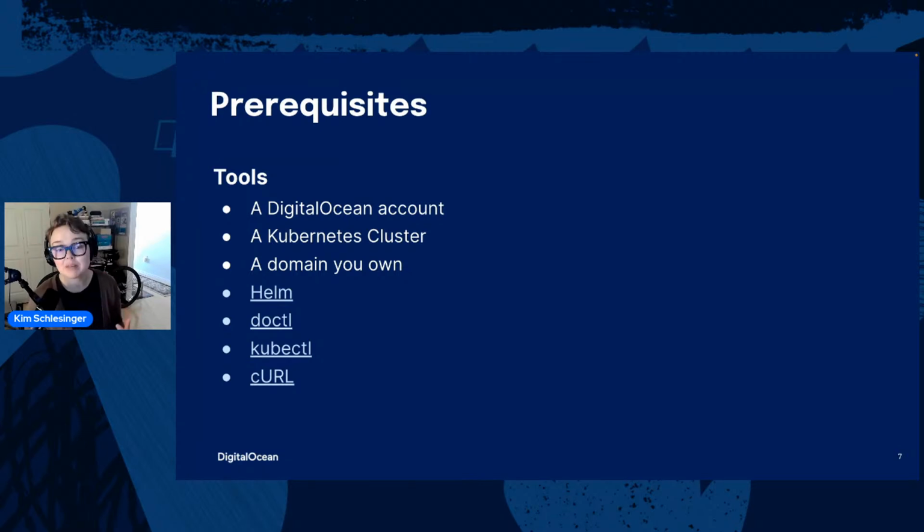And so I'm going to be using a DigitalOcean managed Kubernetes cluster for the talk today. And I'll show you, actually, I'm not going to show you how to do that, but you'll see me interacting with that. And then a Kubernetes cluster. So I've already created a DigitalOcean managed Kubernetes cluster, and so you'll need that. You'll also need a domain of your own. And so this is the thing that might take you the longest to set up. So I bought a domain. It's called kubetips.online.